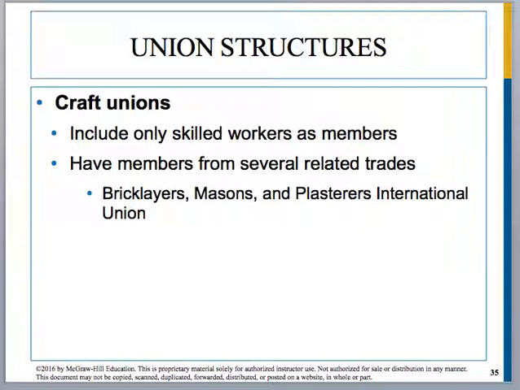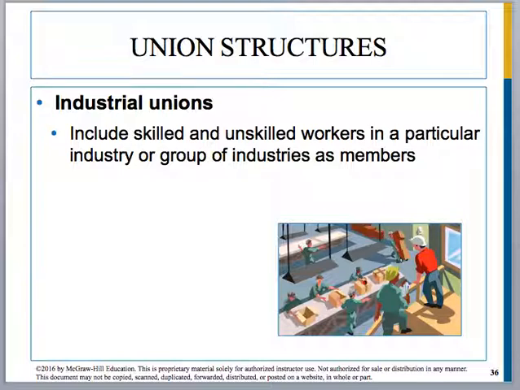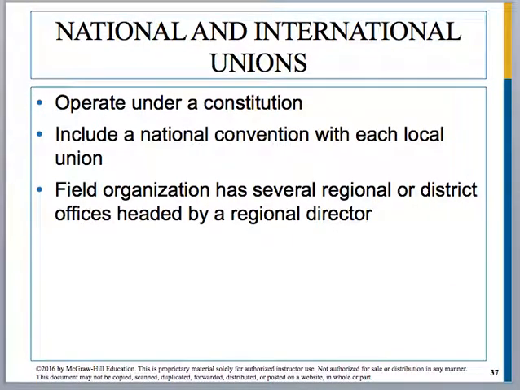Now, we also have our craft unions, and those are only skilled workers that are included as members, and they can come into several trades such as masonry, bricklayers, plasterers, and those are our local, national, and international union. And we have our industrial unions that have both skilled and unskilled workers in a particular industry or group of industries. And under both national and international umbrellas, they operate under a constitution where you have a national convention with